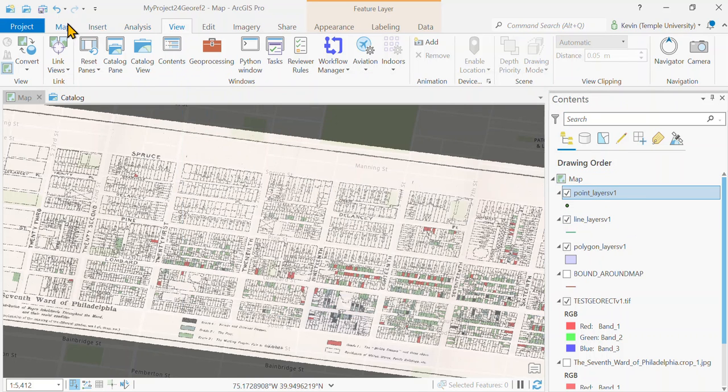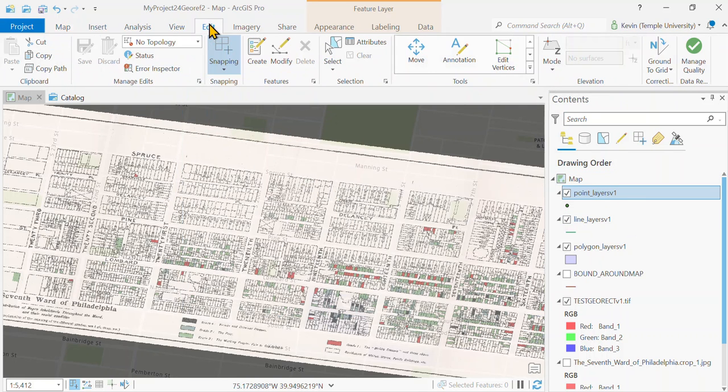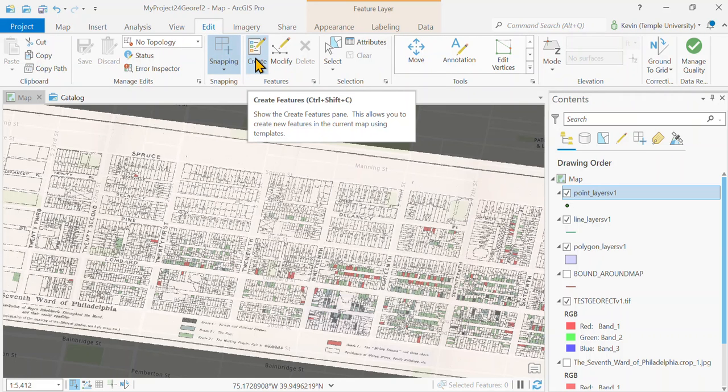So the next step for you is you would hit the edit button and you're going to basically create new points, lines, and polygons. And you have to work from one file at a